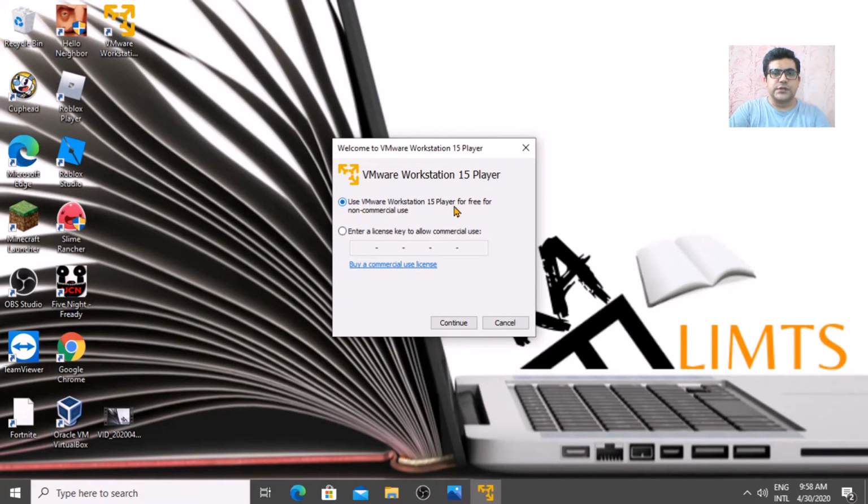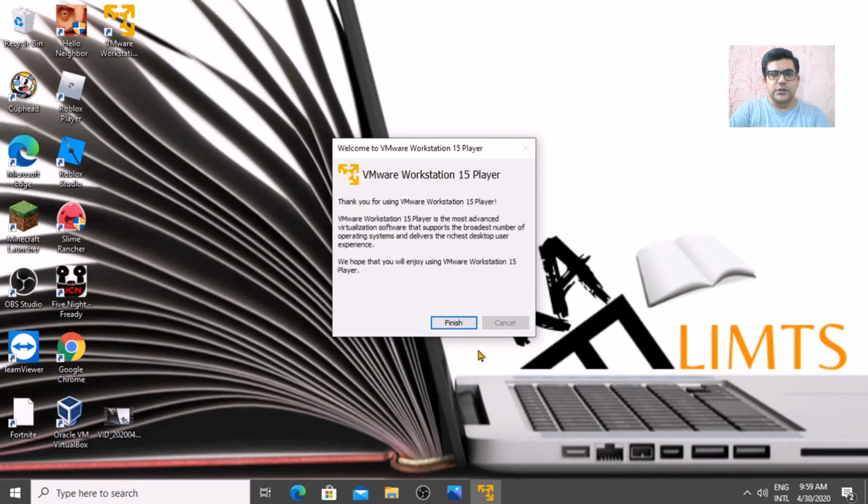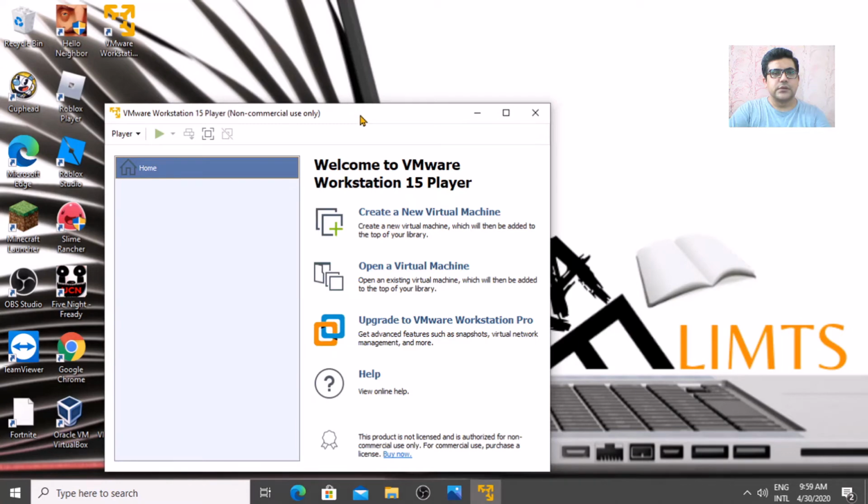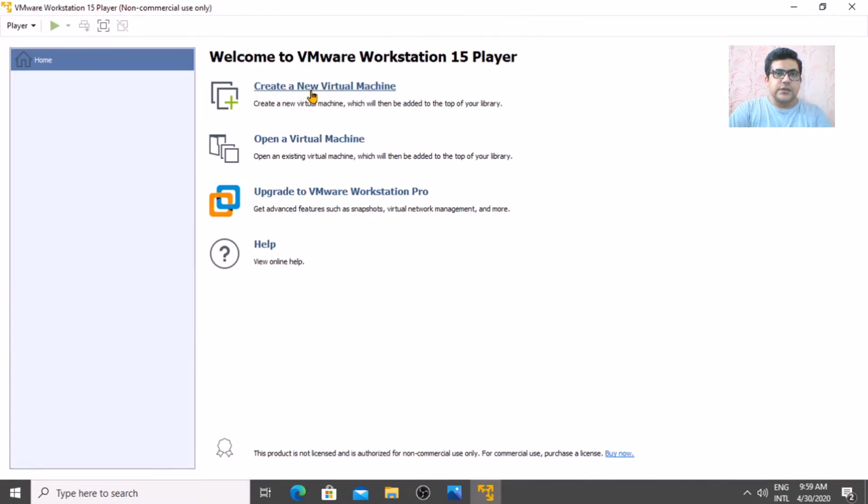Use VMware Workstation for free for non-commercial use. This is for non-commercial use. If you are using this product for commercial use, you have to buy a commercial use license. As I'm using it for non-commercial use, continue, and then finish. There you can create a new virtual machine, and you can open any other virtual machine in this platform. This is actually to upgrade to VMware Workstation Pro. Pro is actually a licensed product. Just click on create a new virtual machine,